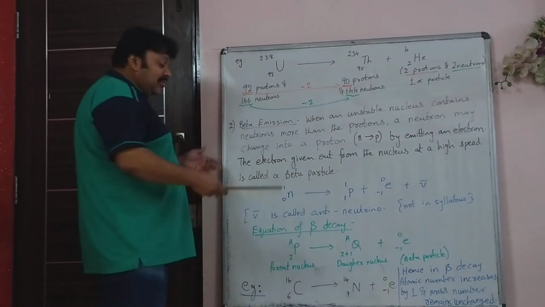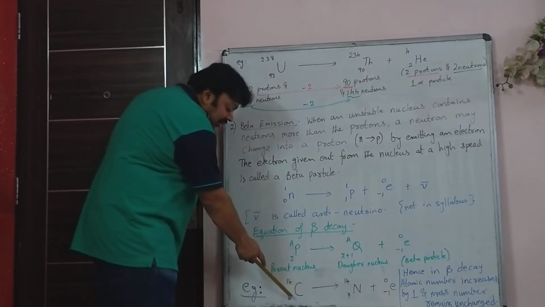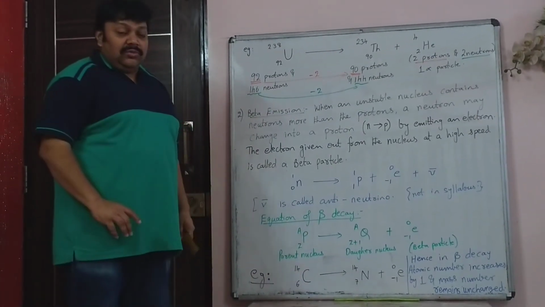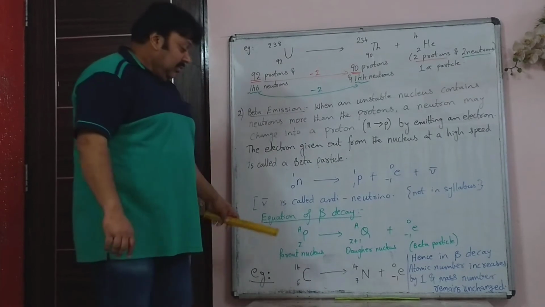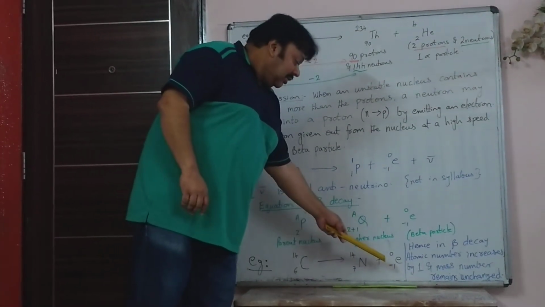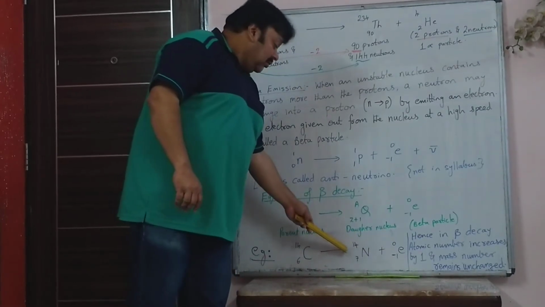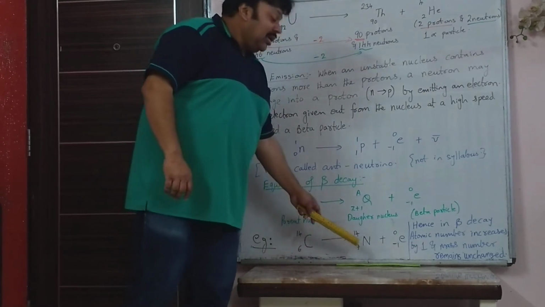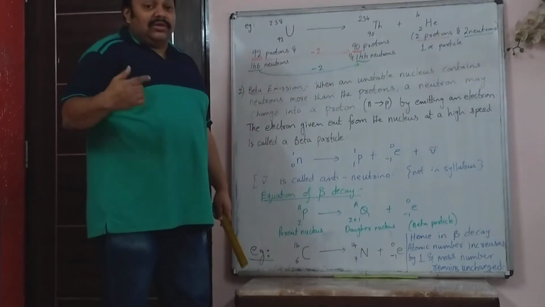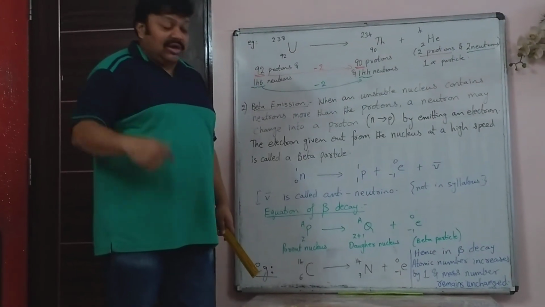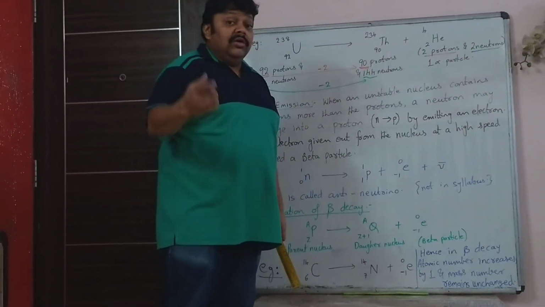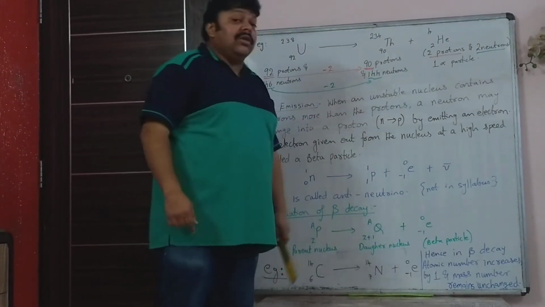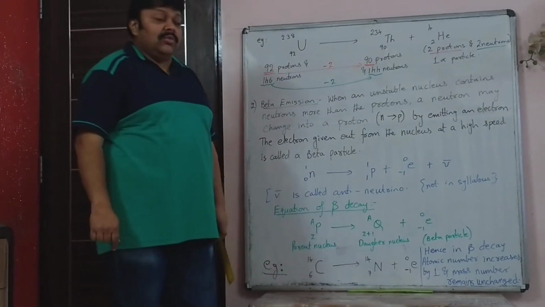Now for an example of what you are writing, you can say carbon 6, 14. This is a radioisotope of carbon. We had done that. Carbon has 3 isotopes. When carbon emits a beta particle, its mass number remains the same, 14, but atomic number increases by 1. So it's no longer 6. 6 in the periodic table is carbon. Now it becomes 7. So 7 is no longer carbon, it has become nitrogen. So it becomes nitrogen and one beta particle or one electron is emitted.